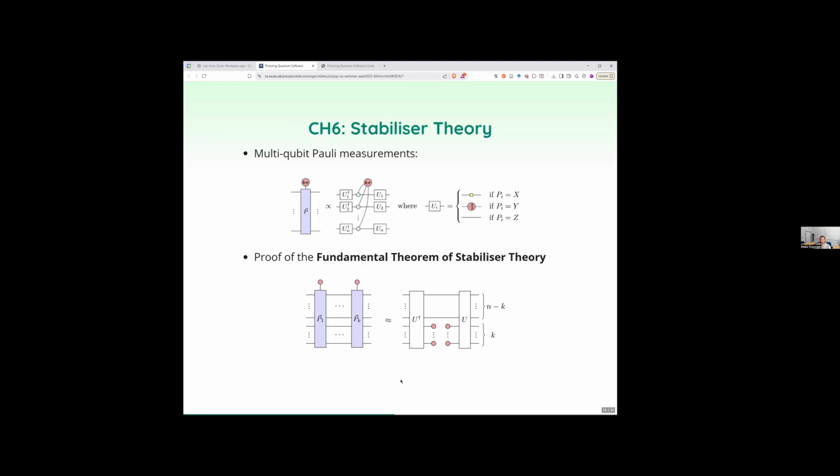Once I fix a bunch of independent stabilizers, this fixes a subspace, and the size of that space is chopped in half with each new independent stabilizer. In particular, if I fix n of these things, then that uniquely fixes a state. This is really, in my mind, why stabilizer theory works, because it helps you uniquely pin down subspaces and states efficiently. And using this language, we can prove equivalence of tableau and ZX representations of stabilizer states and maps.